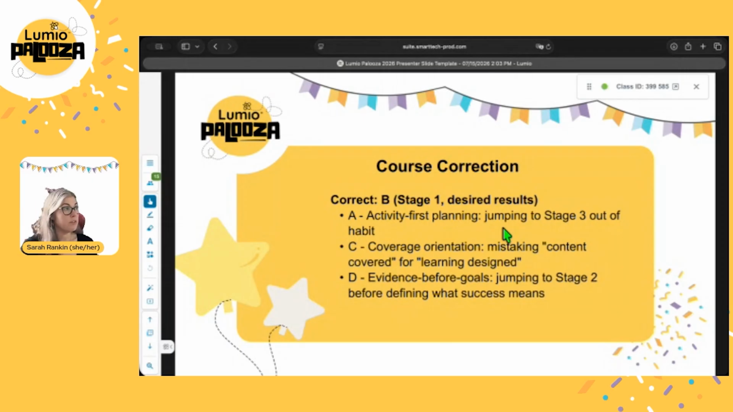So I'm going to find a cool activity online and we're going to do that, not even thinking about what the goals are. If they chose C, well, that's a coverage orientation issue. They are mistaking content being covered with learning being designed. And then D, if D got chosen, again, not necessarily a bad thing because it's telling me that they jumped